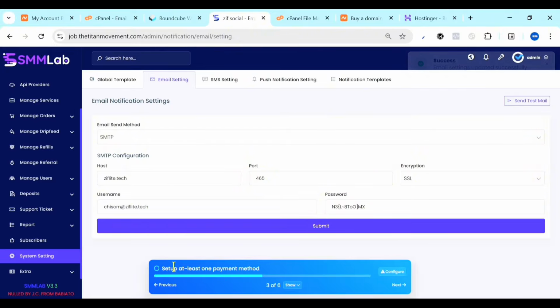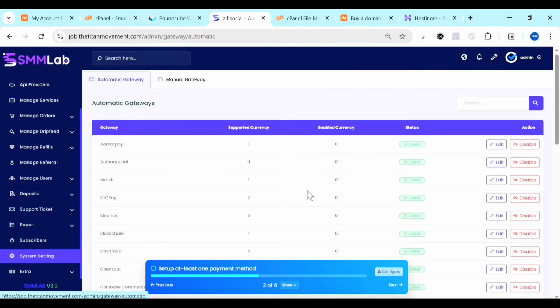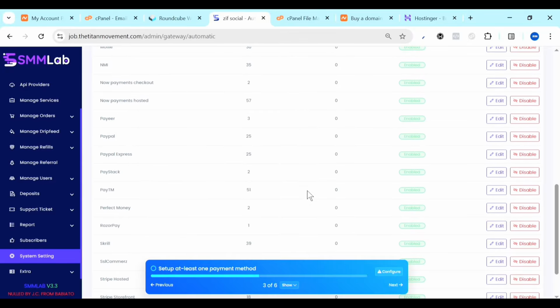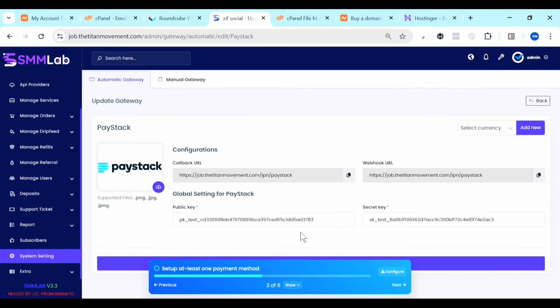The next thing, under setup one payment method, click on configure here. And you see that it comes with a lot of payment options. So for me, I'm going to make use of Paystack. This is Paystack here, right? Click on edit. Now we're going to put our Paystack public key and secret key,